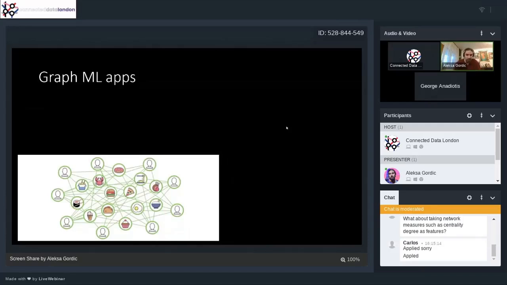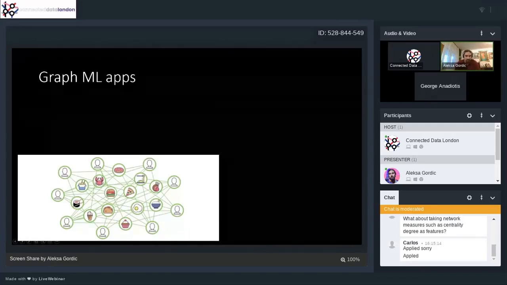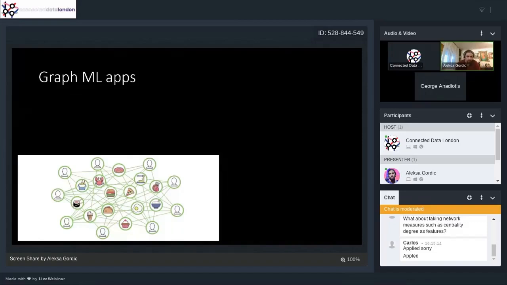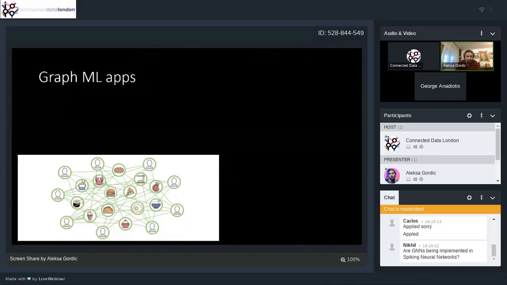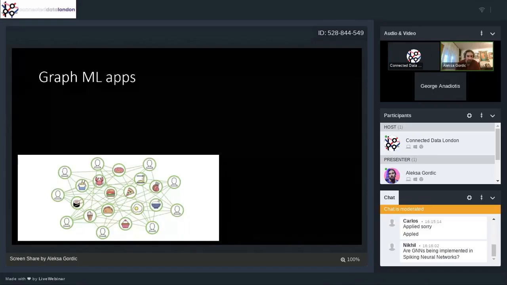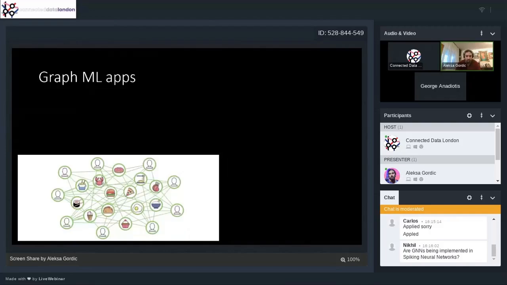Okay, so applications. The first application I want to mention is this Uber Eats application. And you can see here, it can be really nicely modeled as a graph. So you have users, which are, again, nodes in this graph. You have food in this example, which are, again, nodes. And it's a multimodal graph because you have different entities here. You have users, profiles, and you have food. Uber, in particular, had a separate graph for restaurants and users. If you have a question, why don't they mix everything together? Because it was easier to decouple it like this, I assume. And that was a couple of years ago, so maybe they improved it in the meanwhile.